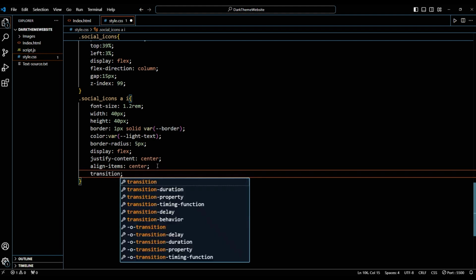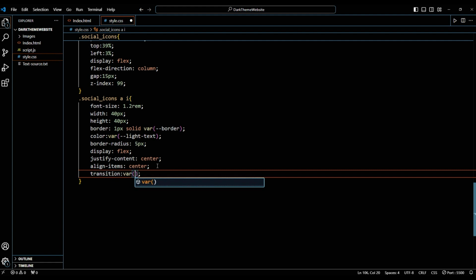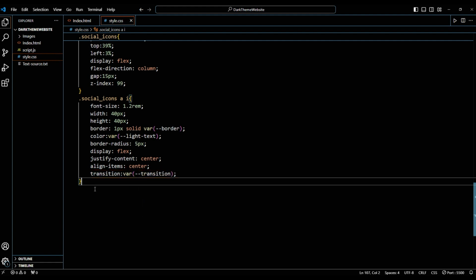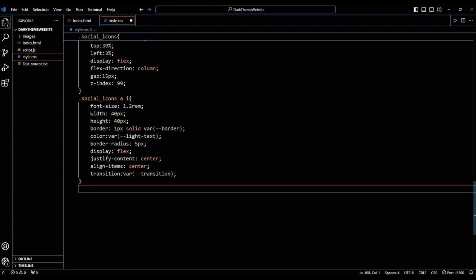And the transition is. So we define our social icons also. Now the social icons are reflect and